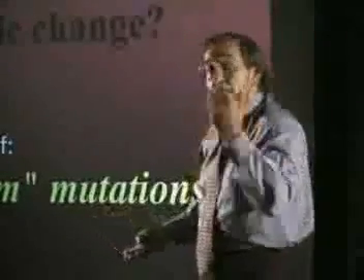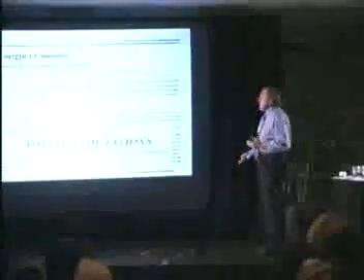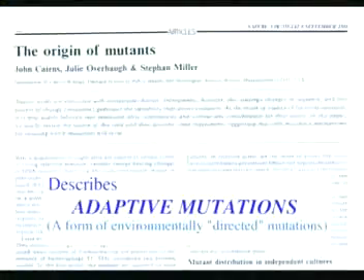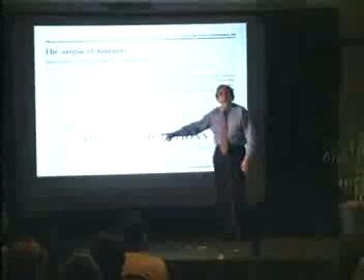That's conventional belief. Except in 1988, this paper comes out in Nature by a man called John Cairns. And it changes the entire foundation of biology that we've ever held for the following reason. He tells us about a new kind of mutation called an adaptive mutation. The point about this mutation? That the genes are not changing randomly, but the environment is controlling the mutation. So that you're always adjusting your genes